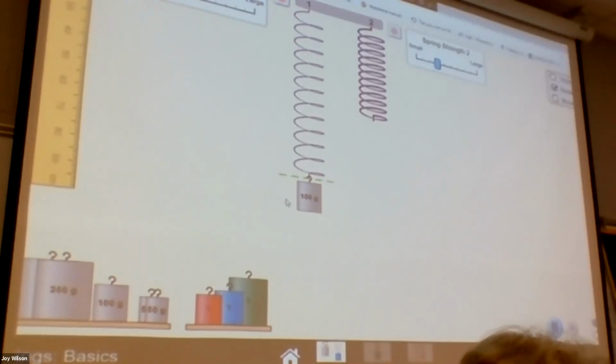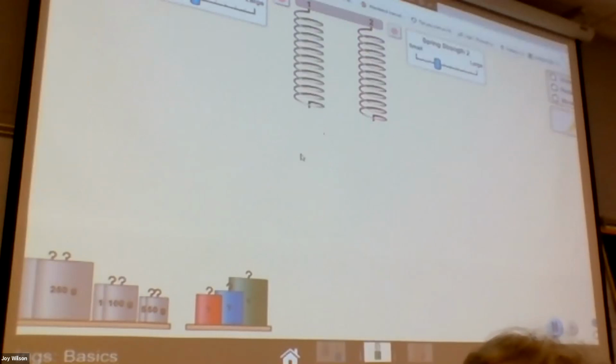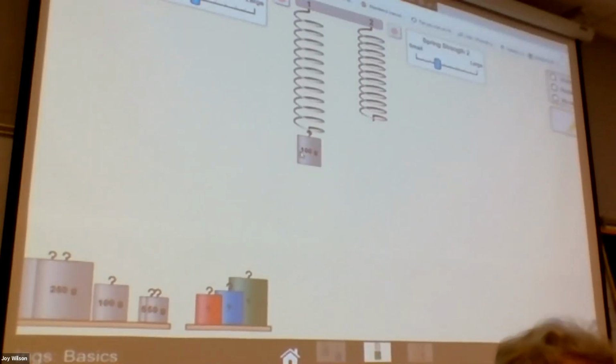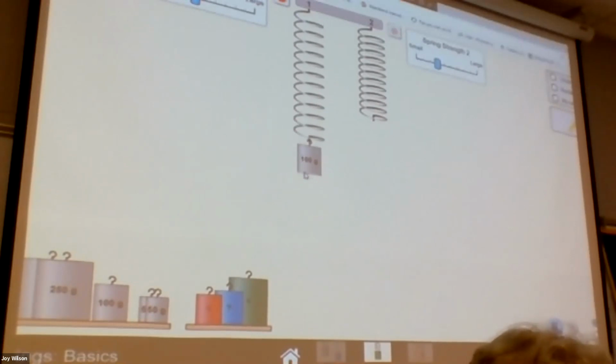Why does it not go all the way up and down? Why is it not going up and down and up and down and up and down? Ah, it's a thing called damping. I don't know if you're familiar with that. Let's put the resting position up here. So, medium spring stiffness, pull it down,